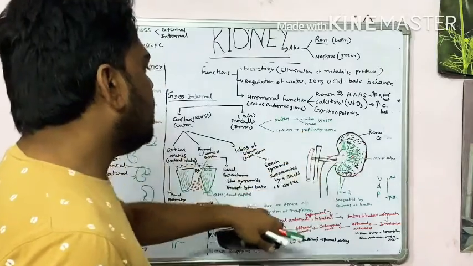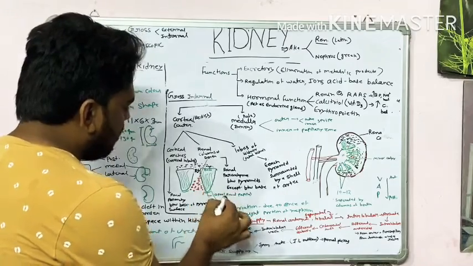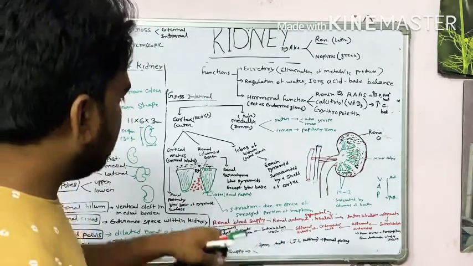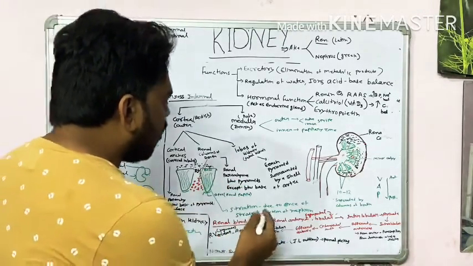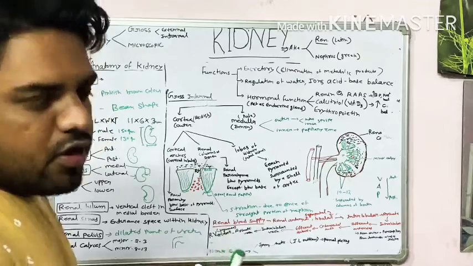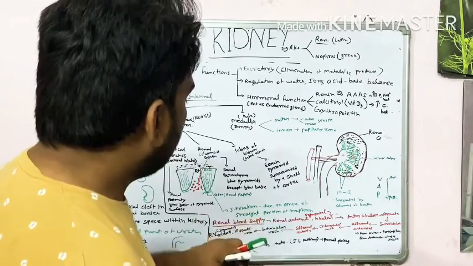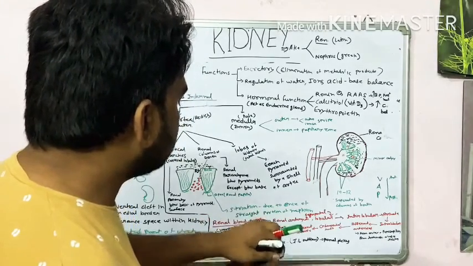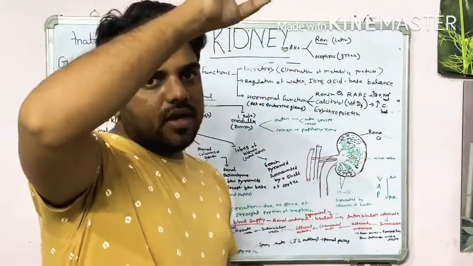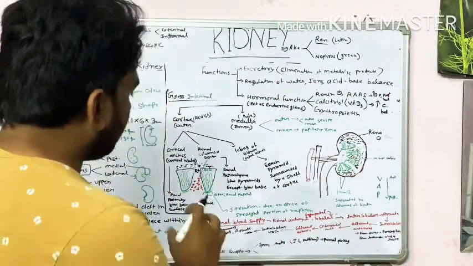Then the outer part of the medulla is divided into outer and inner stripe. This is the stripe. Whatever striation you see in the renal pyramids is due to the presence of the straight portion of the nephron. Sometimes you see the PCT and loop of Henle, ascending and descending limb, and DCT, because of these.